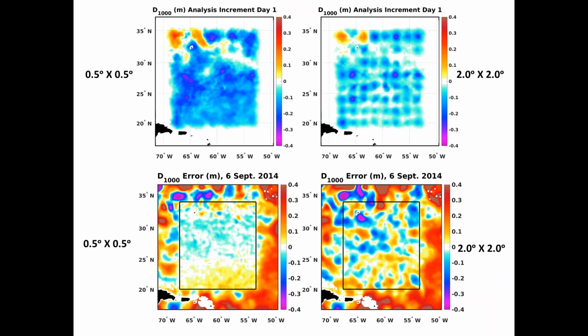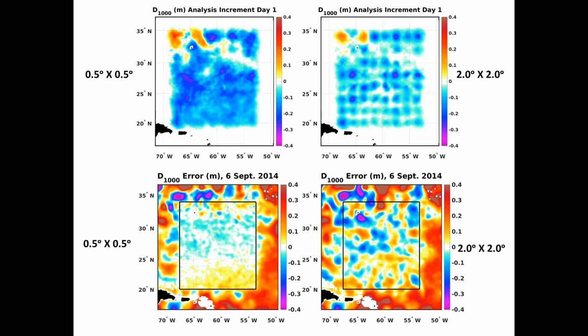And to get an idea, just in terms of looking at the maps of how the model is being corrected, on the upper right, we have the analysis increment for dynamic height after 1 day of assimilation. Just one, we assimilated just once. And that's for the 0.5 degree case, upper left. Upper right is the same for the 2 degree case. And what you see is the